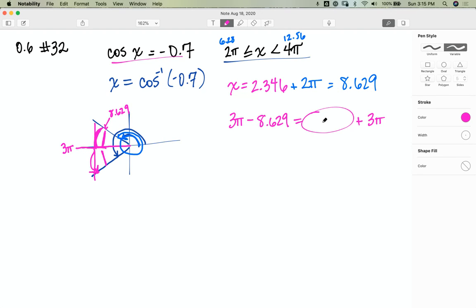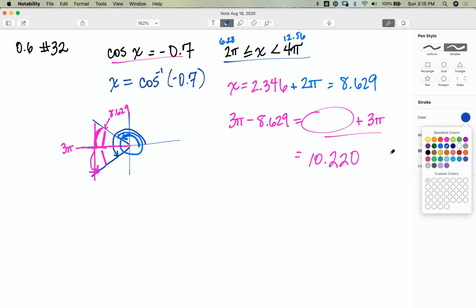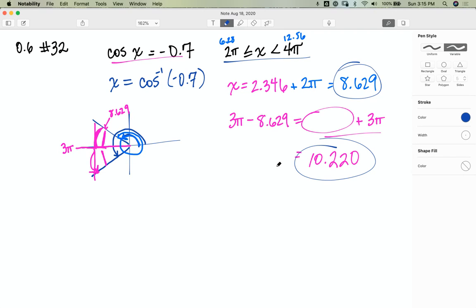And so that is going to be our other answer. This stuff right here is going to be 10.220. And so there are our two results here and here. So this one was about 10.220. So we have our two answers. We've solved number 32. I figured before we finish off this video, what we could do though is take another